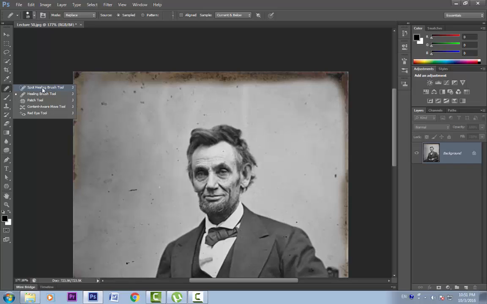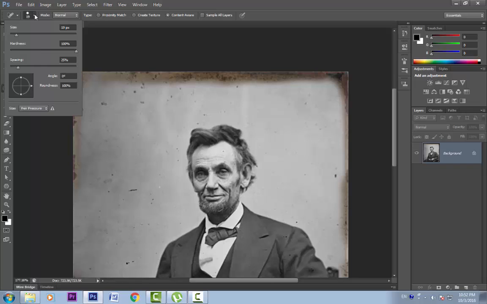Let's now talk about another tool, which is this top one, spot healing brush. Again the keyboard shortcut is J. The difference between healing brush and spot healing brush is that with the spot healing brush we don't have to sample an area. That is, we don't have to give it a source to heal. The options up here are again the tool preset, the brush engine, it is same as the healing brush tool.